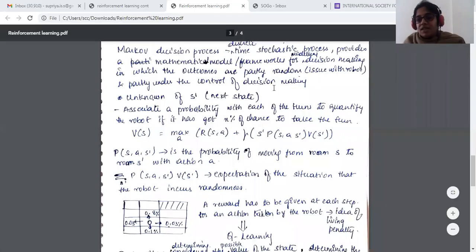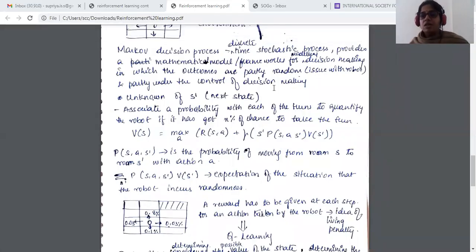Okay. So as I told you, this Markov decision process will help us identify certain uncertainties present in the environment. So what does it do? The first step is I am unknown. I know the value of the state, but I don't know whether I have to take that state or not. So I'm unknown of my next state. From that current position, which way do I have to go? Either I have to go the top way, the sideways, or the bottom way. I don't have an idea.